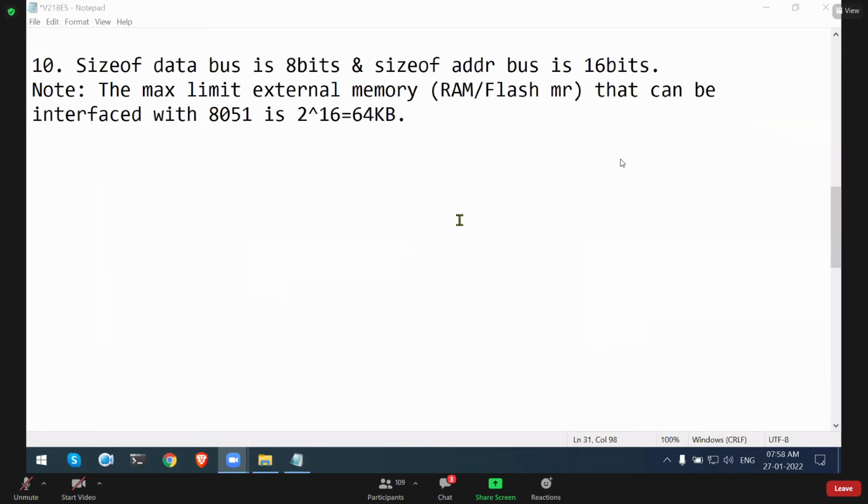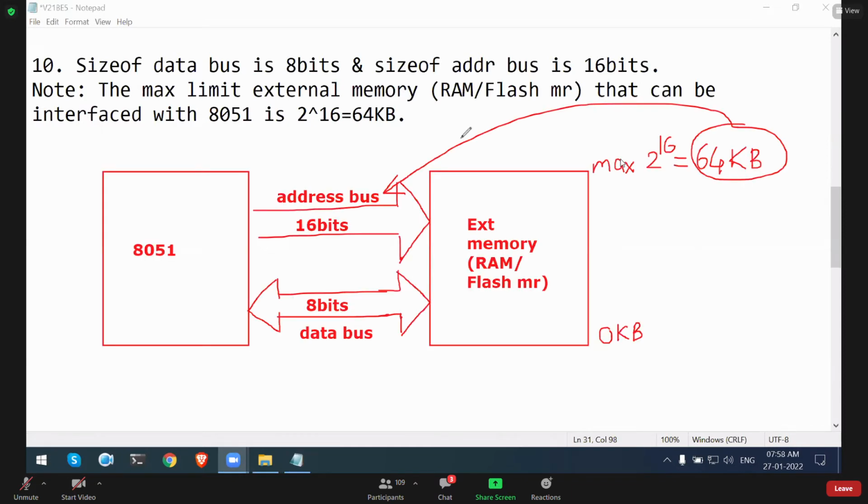Yes R1, your point is right. Suppose you connect more than 64 KB to 8051, we can use up to 64 KB. It is not like we cannot connect more than 64 KB to the microcontroller. If it is more than 64 KB of memory, that means whatever memory chip you use will have more than